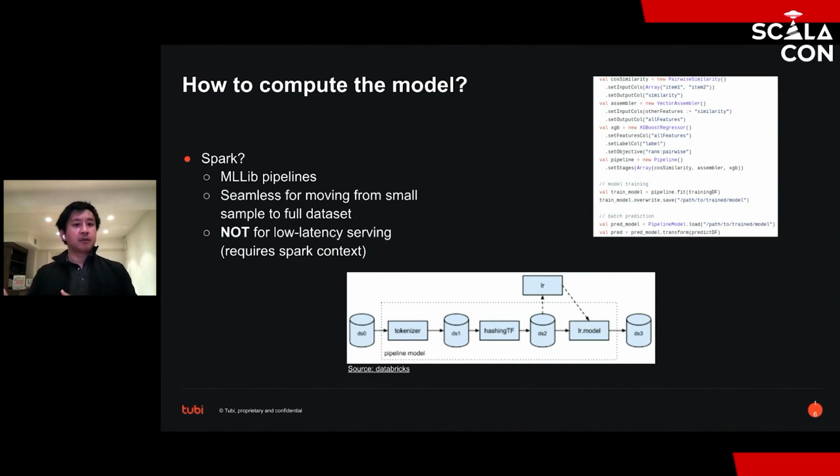And it is actually really great for serializing pipelines that then you can use on other data sets, or from small samples to full data sets. But because you're tied down to the Spark context, it's not for low latency serving, at least not in the kind of latency requirements that we have at 2B.